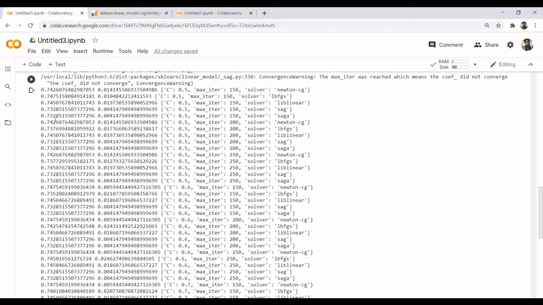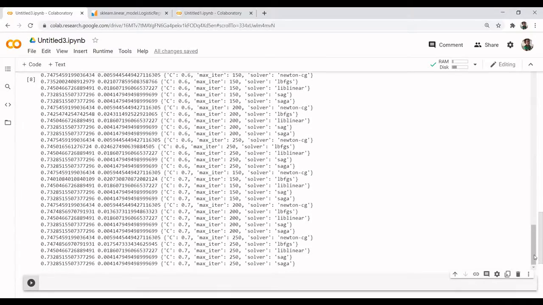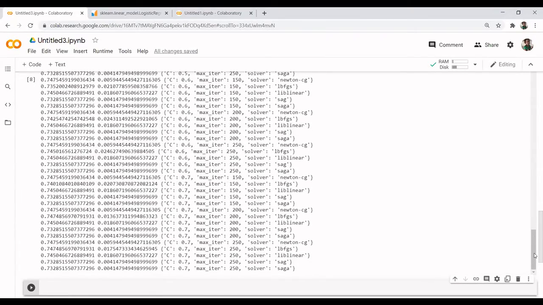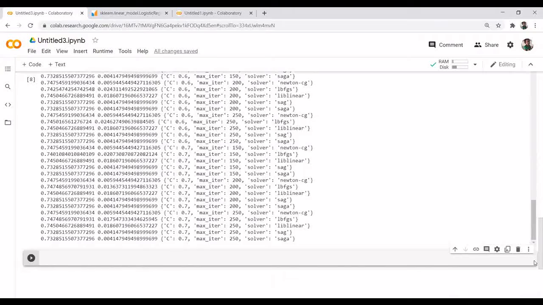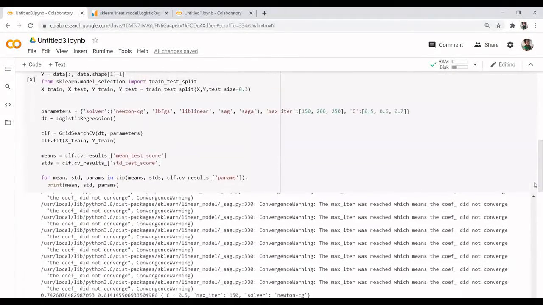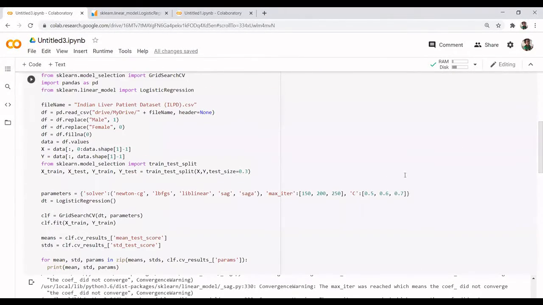Maximum accuracy is almost similar, 74, 73, 72, something like that. There is not much difference. But we can try other arguments also. We can try higher values for C and other things. Like instead of 0.7, we can go with 0.8, 0.9, 1.0, and here we can go with 0.4 also.